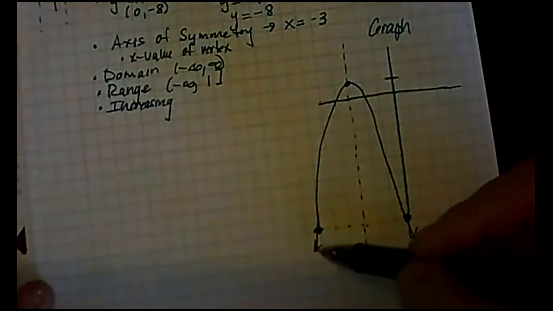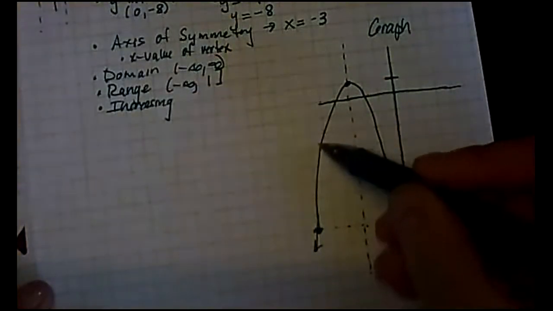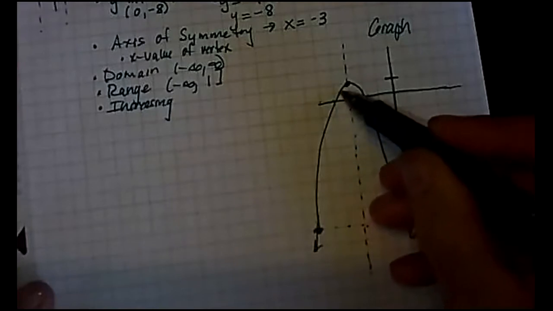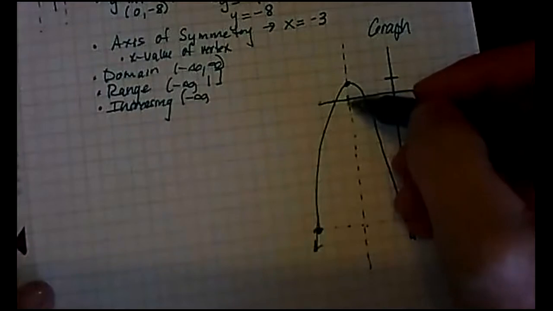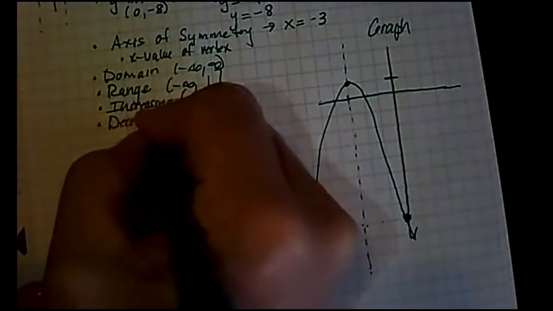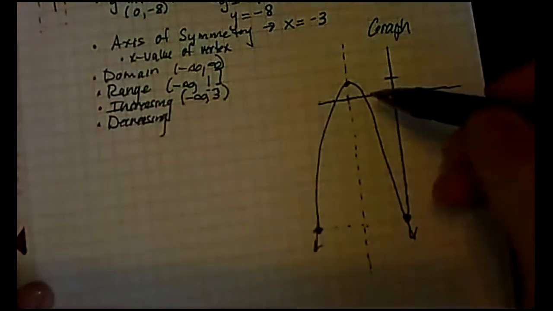So increasing. These are things we kind of talked about before. So increasing. You can see here the y values are getting larger, so that means it's increasing there. So it's going to increase from negative infinity. And remember, we always look at the x values, at negative 3. Negative 3. And we put a parenthesis because